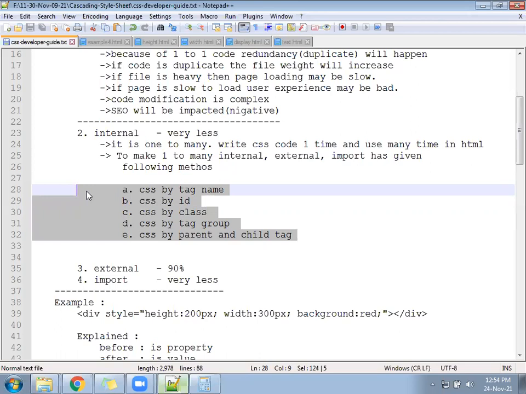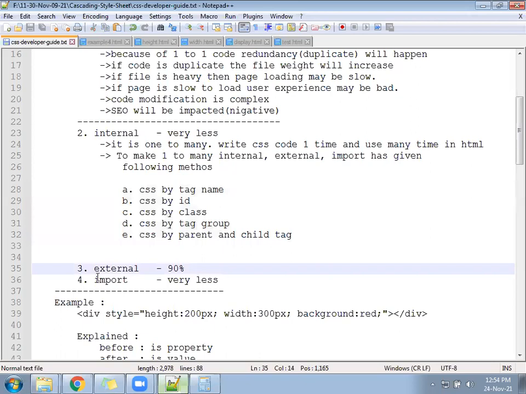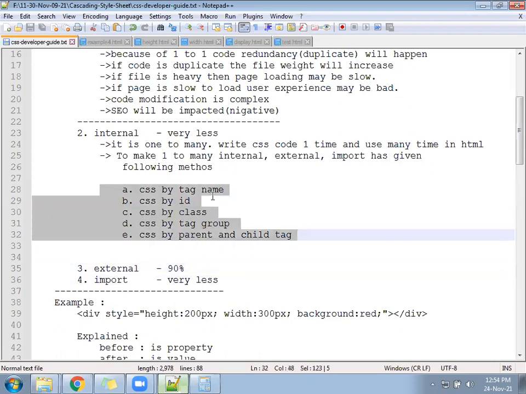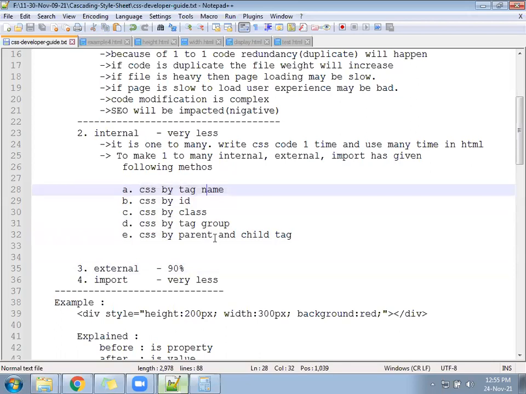We will create the 5 examples and understand which one is the best. These 5 remain the same under external and also under import, and 4 of the 5 remain the same under Bootstrap. Your Bootstrap is also written based on 4 methods except the middle one, that is B.